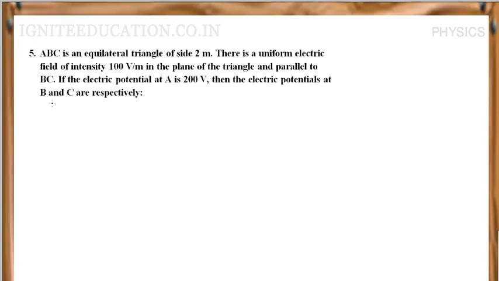This problem, ABC is an equilateral triangle of side 2 meters. There is a uniform electric field of intensity 100 volt per meter in the plane of the triangle and parallel to BC. If the electric potential at A is 200 volts, then the electric potentials at B and C are respectively. So our motto is,